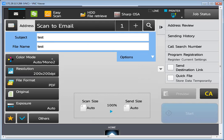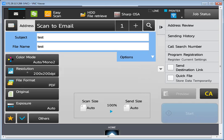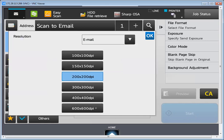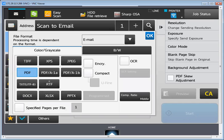Color mode, if there's any color, it should pick it up. If not, it'll send it black and white. If I click on there, you do have some options, of course, okay? Resolution goes up to 600 DPI. Keep in mind, the higher you go in resolution, the higher you go in file size. Now, depending on what model you have, of course, you might have the ability to also OCR, where you'll notice